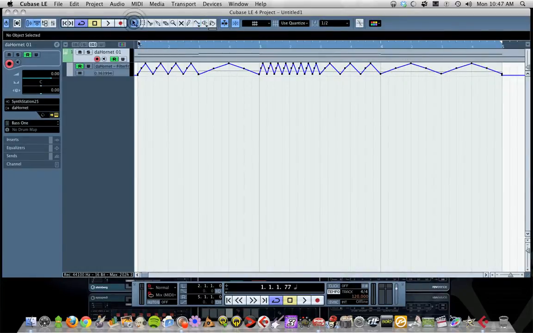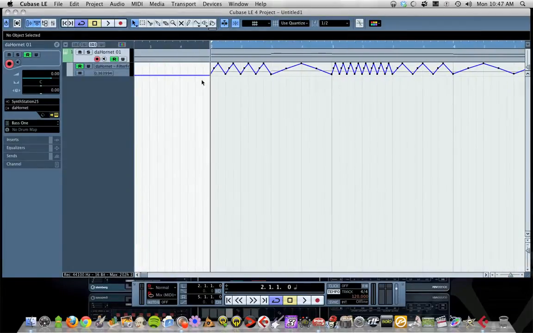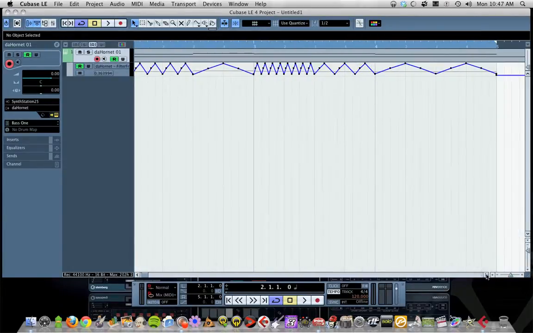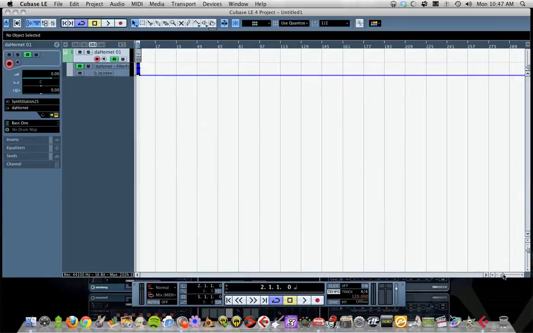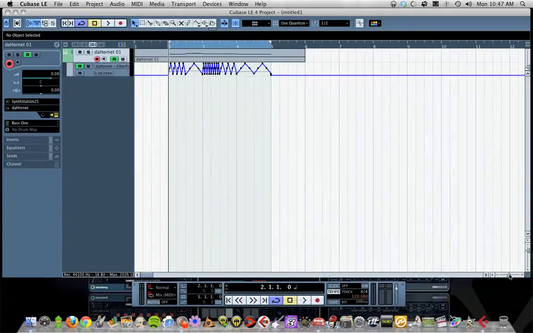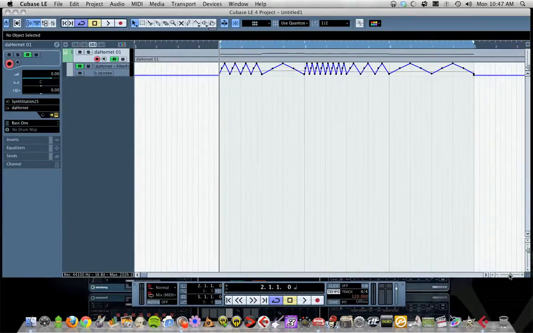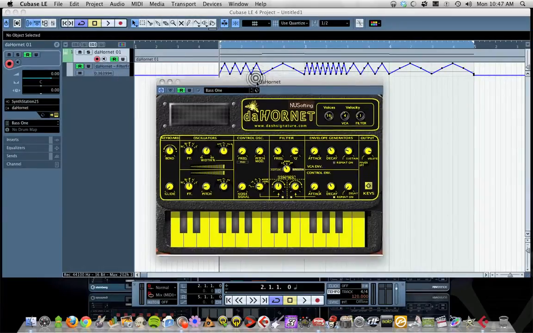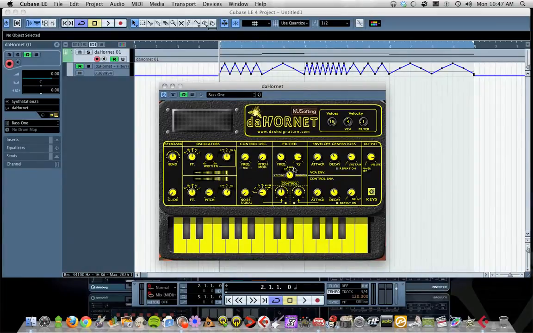Okay. So now, like the other video, this is just a little bit more time consuming, but what we are doing, by the way, keyboard shortcut G and H to zoom, if you didn't know that. But now what we're doing is when we pull up this GUI again for the Hornet, you'll see that the frequency knob will move with this automation. So when I play it back,